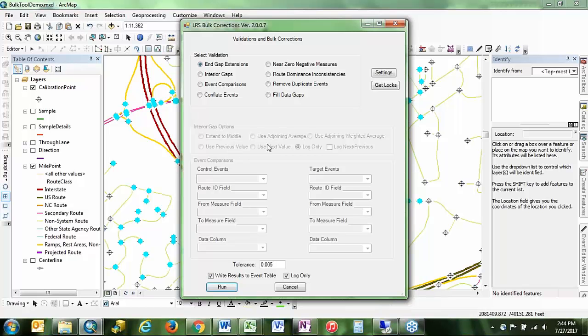So when you're actually running the tool, when you do decide that what the tool has found is okay to fix and you take it out of log-only mode, keep in mind that the tool is going to update the event feature class tables, but not the shapes. So what you need to do then is go back into Roads and Highways and regenerate those event shapes so that you can see in a spatial fashion what the tool did